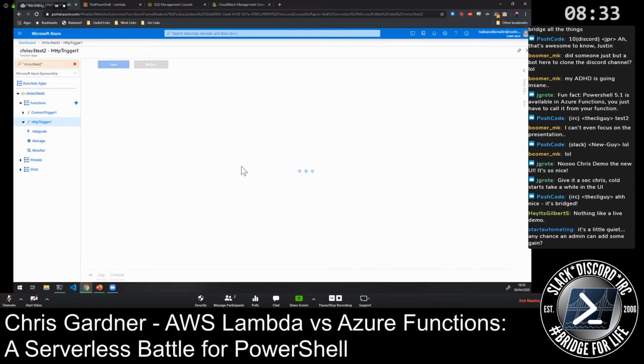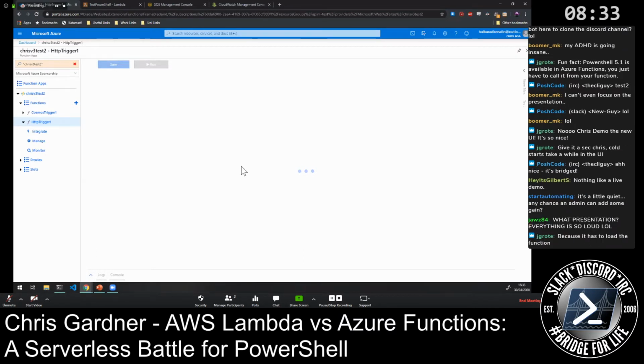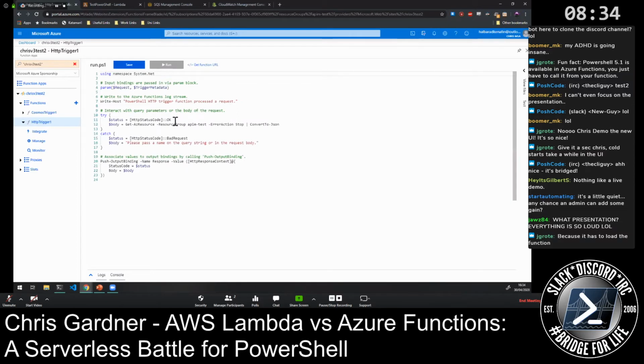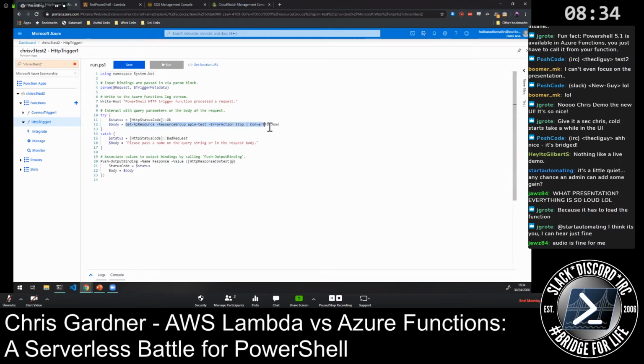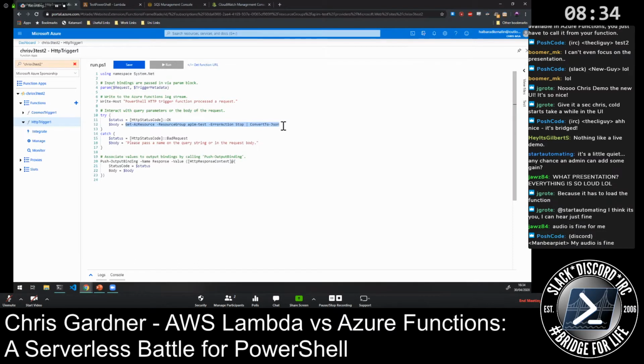All it's doing when it loads up is trying to get some data out of Azure for me and return it as part of a request. I'm just using the Azure commands because they come shipped with this. So as you can see, the request comes in, and all I'm doing is just get me all the resources in this specific resource group, turn it into JSON, pipe it back out.